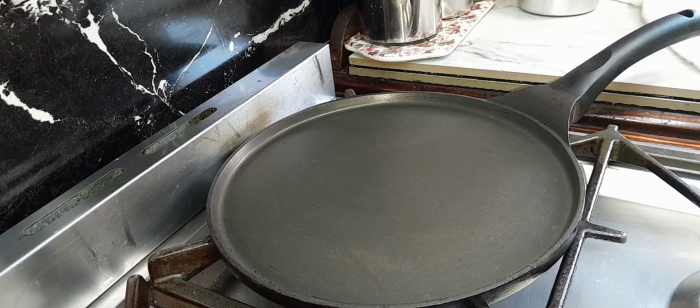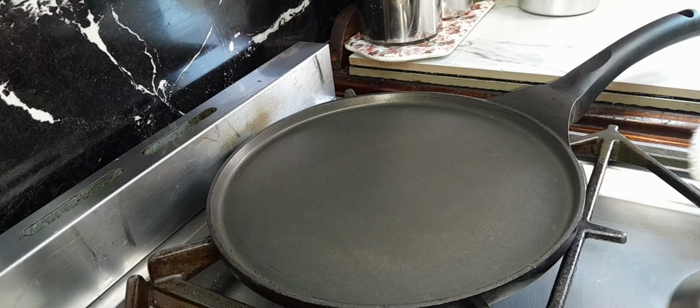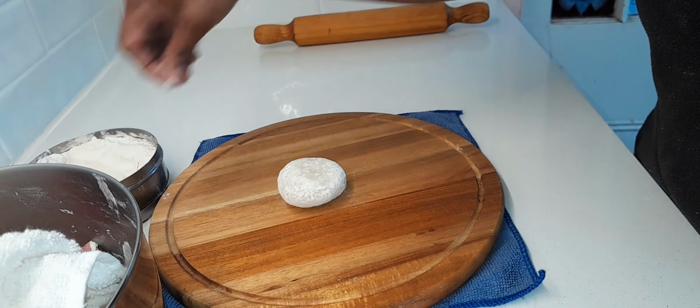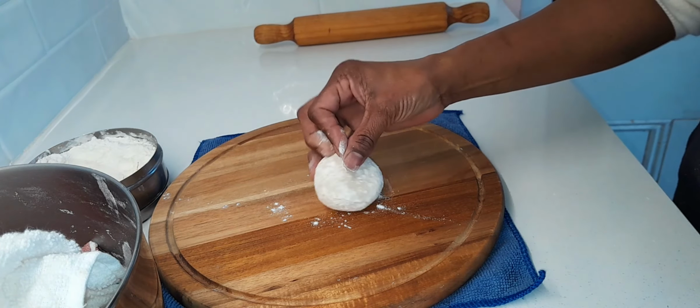Preheat a griddle or a non-stick fry pan on medium heat. Line a plate with a tea towel and place a paper towel on top to keep the rotis warm and soft. To roll the rotis, place a flattened dough on the rolling board, sprinkle some dry flour on both sides,